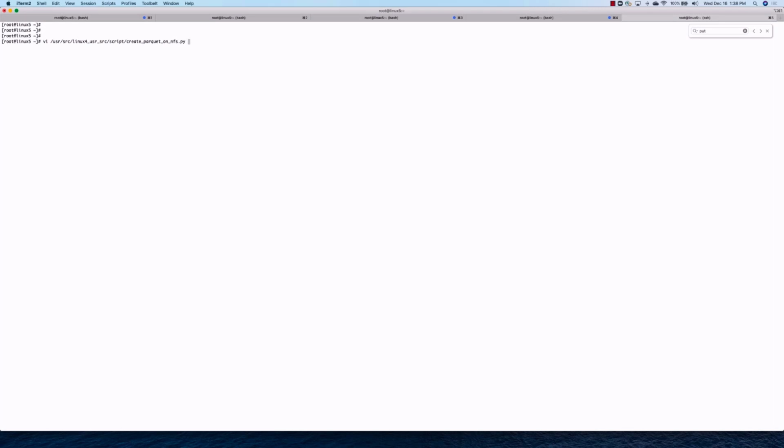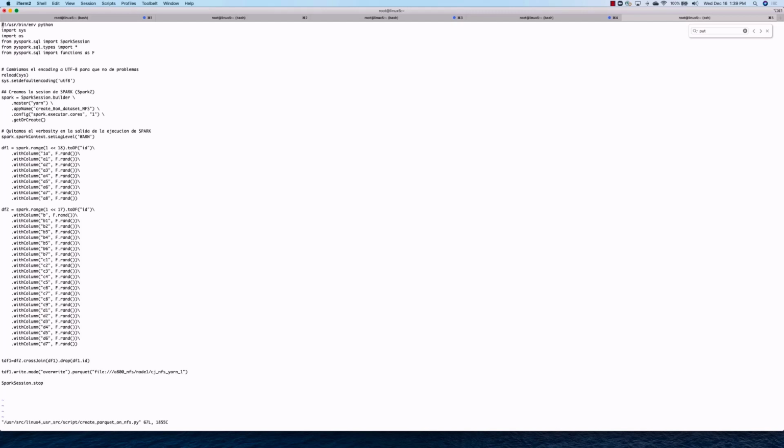We are using create parquet on NFS, a Python file, to create parquet files on NFS. Let's look at the file here. So we are creating a session builder here. Master is yarn and executors we are using 1, and then we are using Spark range